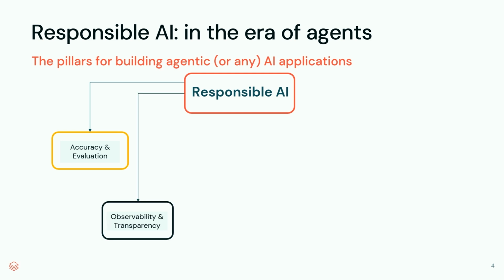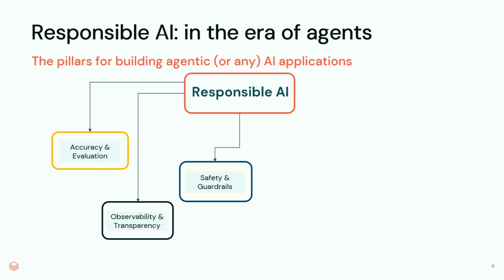Observability and transparency. That's one of the pillars which goes hand in hand, which basically says that I'm not only going to look at the output quality of my agent, I'm also going to understand what is happening at the internal level of this agent. That gives me quite a good understanding of how my agent is working. And I foresee a future where we are not only talking about the agent in itself, we are talking more about a software application where agent, GenAI, LLM is one part of the equation. So that becomes important.